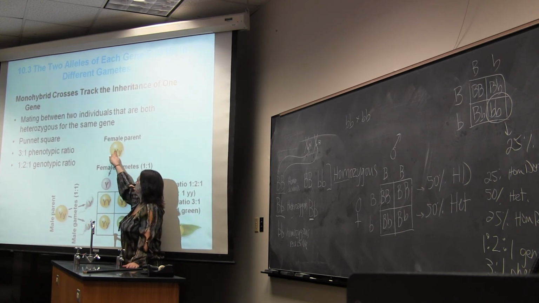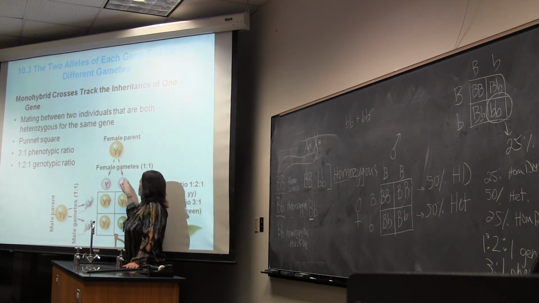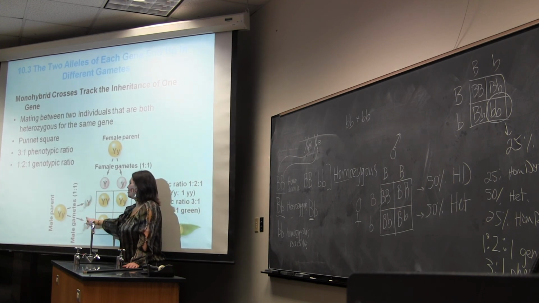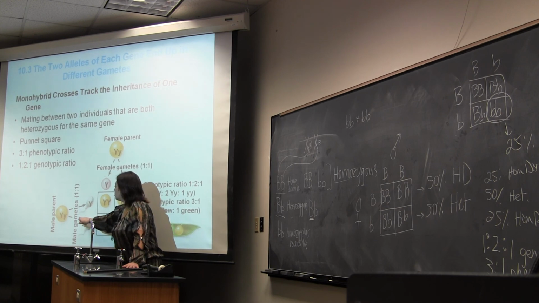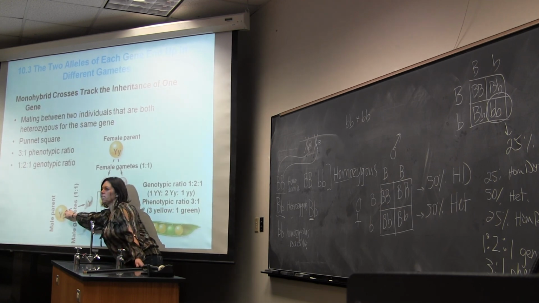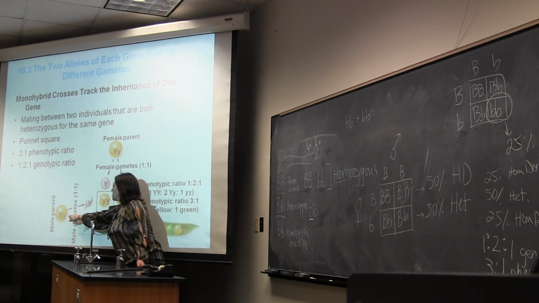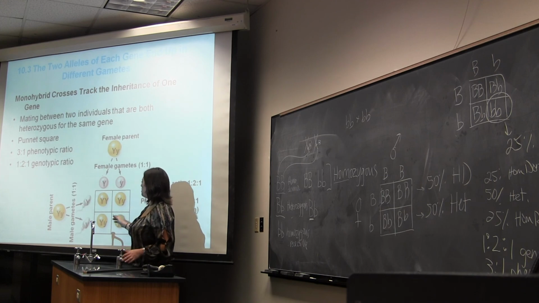So this is going to go into one gamete, and this is going to go into a different gamete. These represent sperm and eggs right here. This is sperm because this is the male down here. So once the male undergoes meiosis, the way you figure out what letters go here is you basically just put one of them here and one of them here. Because remember, these gametes are going to be